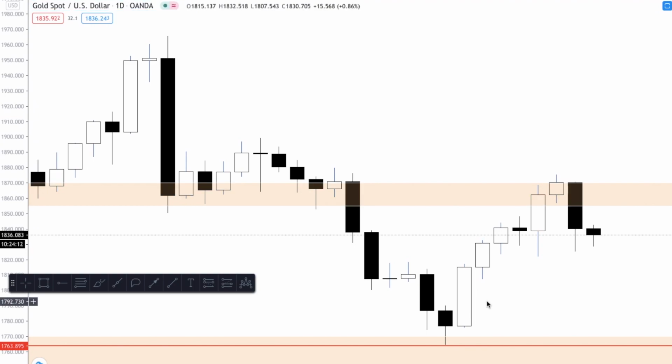For that, just hold the cursor on the candle whose open and close you want to see. Now to the top, you have your OHLC section, which means open, high, low and close. Here you can directly view all the information that the candle provides. That is the opening price, the high, the low and the closing price of the candle. So the solid body tells us about the opening and the closing price of the candle.